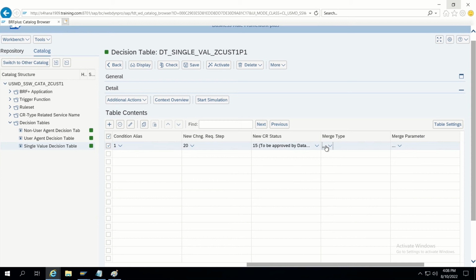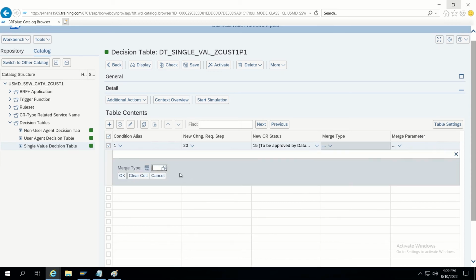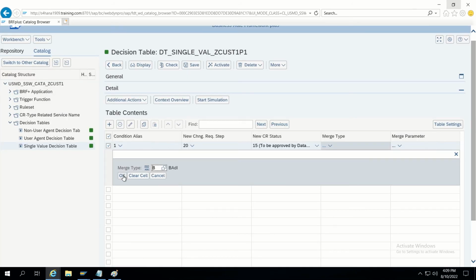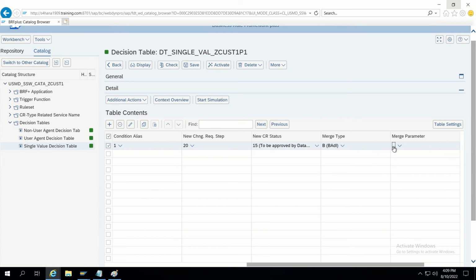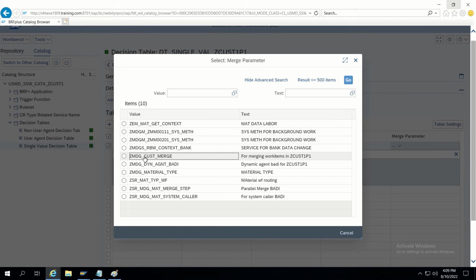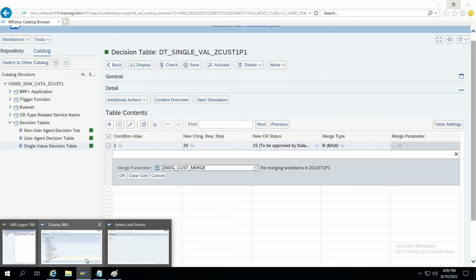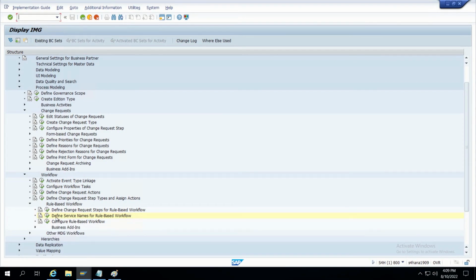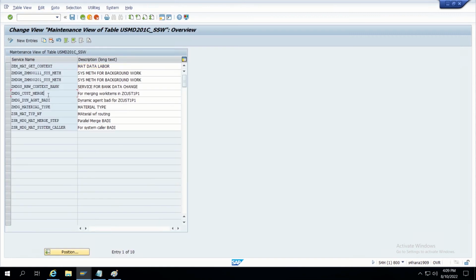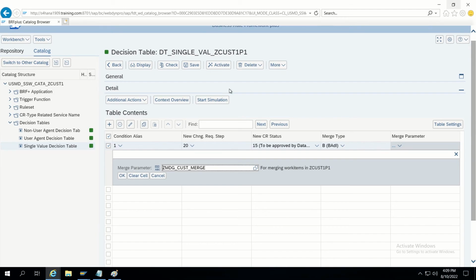So merge type always I will use BADI. So it will just have two possible values. I will use BADI, and then merge parameter, I have created a service here by using this one. This I have just created here. Define service name for rule based workflow. If you go here, we can add new service. So I just added this one, custom merge for merging purpose, and then